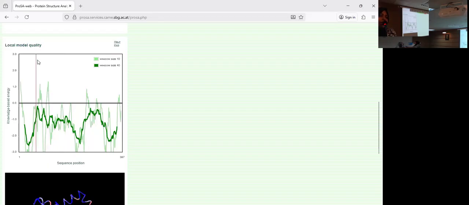If it is in the positive region, your model quality is compromised. If the local model quality values are within the negative region, the more peaks in the negative region, the better your model will be.